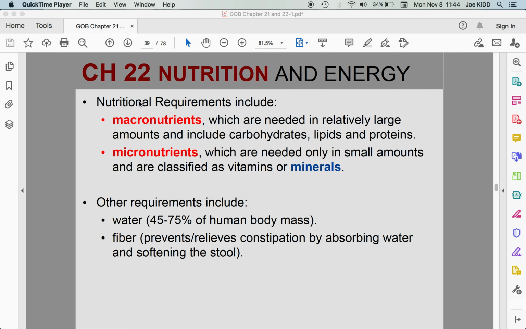Hi, folks. Today we're going to be talking about Chapter 22, Nutrition and Energy. I will go through some of these initial slides very, very quickly. They're here in the slide deck if you need them, in terms of anything you might want to go back and study in more depth for perhaps a class later on if you're taking your NCLEX